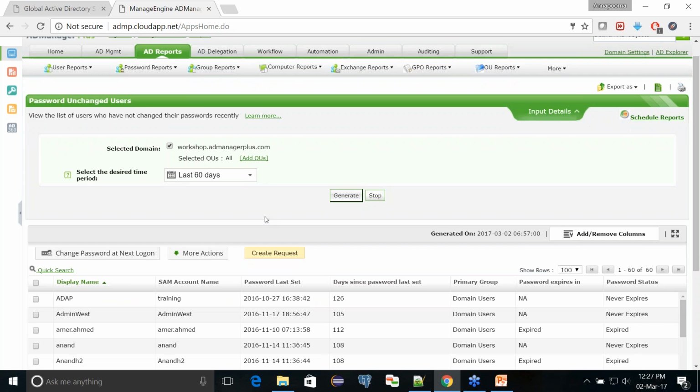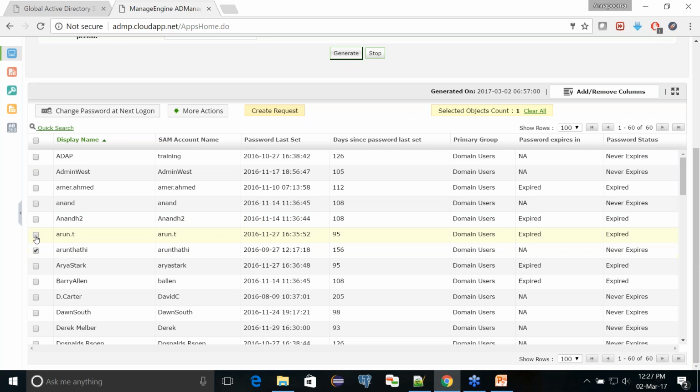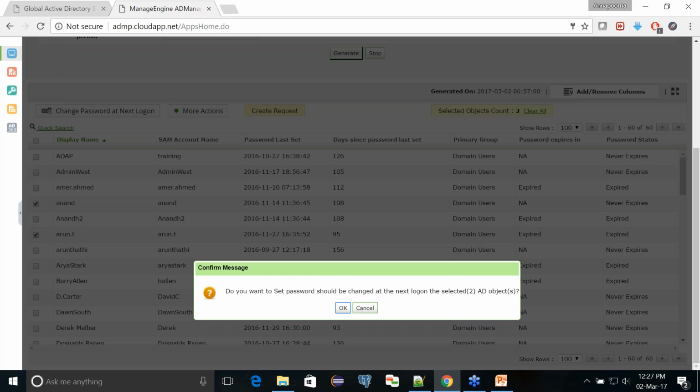So now what you can do is you can choose the particular user account and then you can enforce them to change their password at next logon. Okay. So let me choose some random accounts and when I hit this button change password at next logon, then this will prompt a box that will ask you to check whether you want to set the change password at next logon. Just hit OK